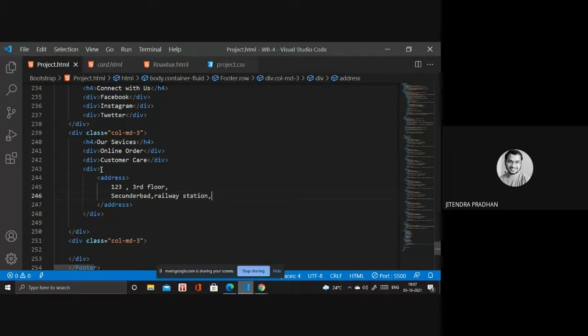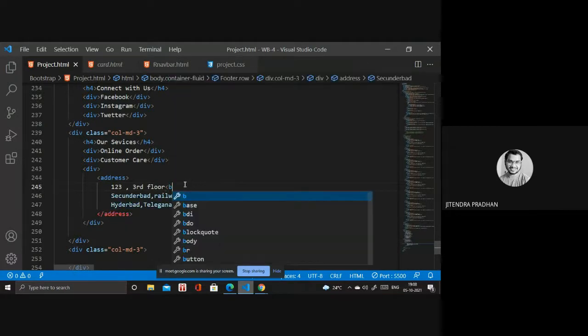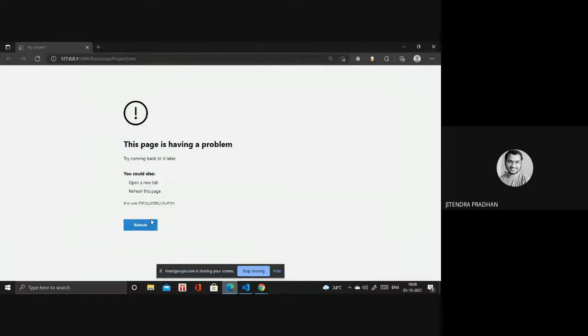Okay, so you have to write a pin number, any pin number you want. So next you have to write Hyderabad, Telangana. But you need to use the BR tag to break the line. BR for break the line, and this one is a break. Okay, and we're done with all the parts.